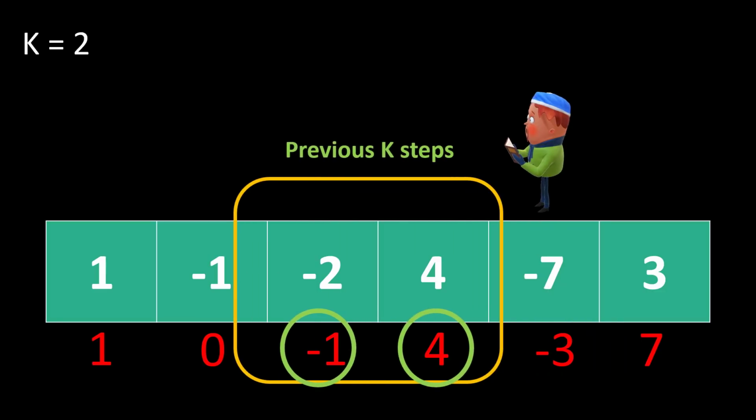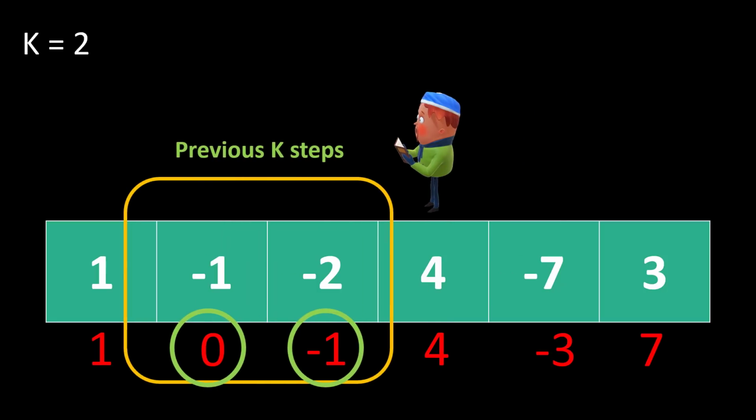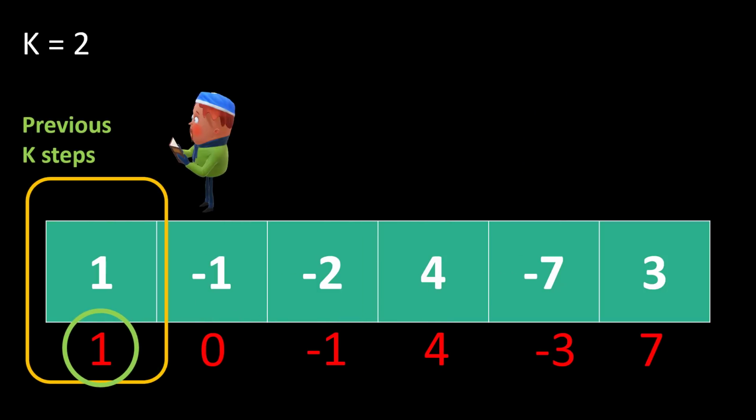And this holds true for any of the index. So if we try to move backwards with the same concept, we see that for any of the index starting from index 1, we need to find the maximum of the previous k steps and add that to the current value. If we can find the maximum of the previous k steps for that particular index, we can just add that value. And once we are done iterating throughout the array, at the end we will get the maximum sum that we can get starting from the index 0, taking at most k steps at a time.